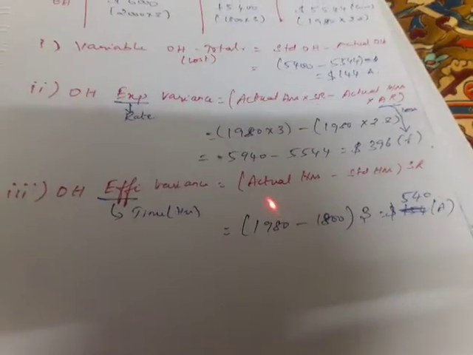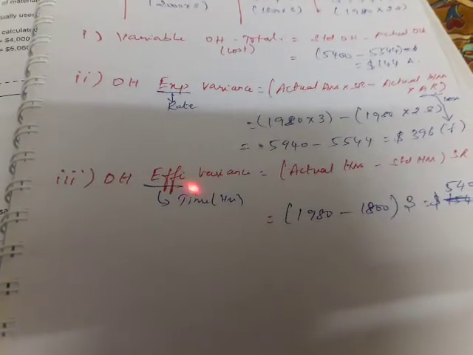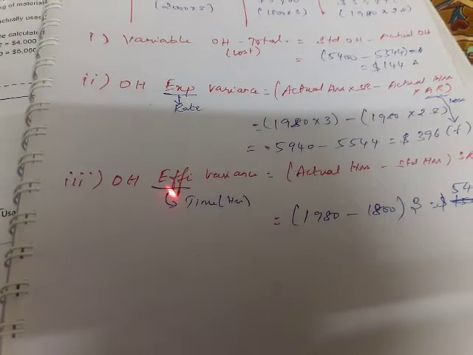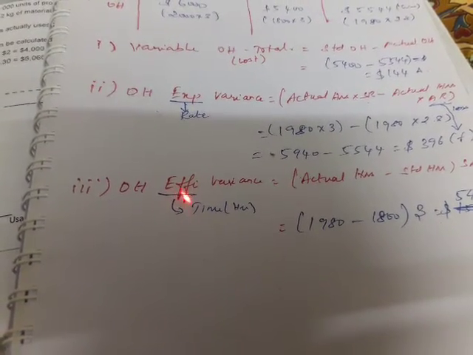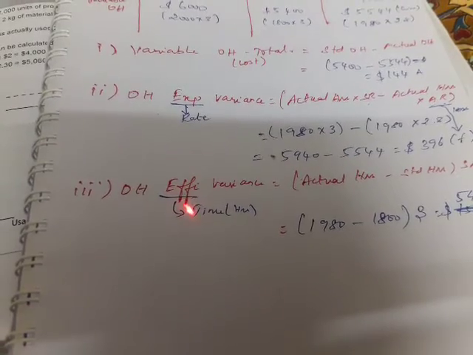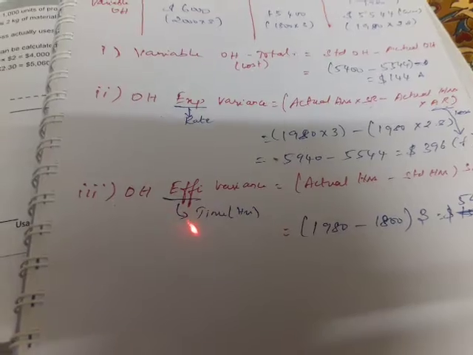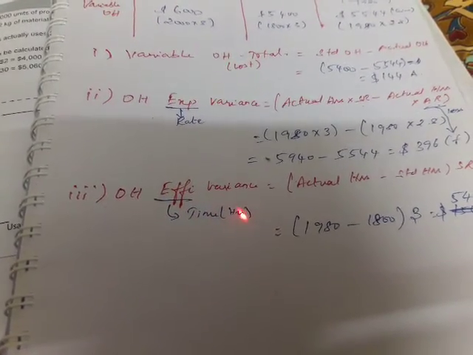Okay. So here, efficiency variance. Next you have to find the efficiency. How will you know the efficiency? For example, if you study for an exam, you are completing the same portion within 5 hours, and another person completes it in 8 hours. So who is efficient? The one who completes it in 5 hours. So how will you calculate the efficiency? Through the time, that is hours.